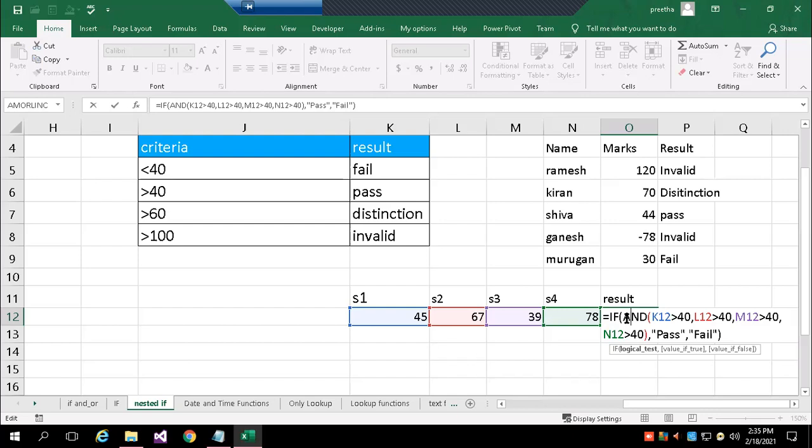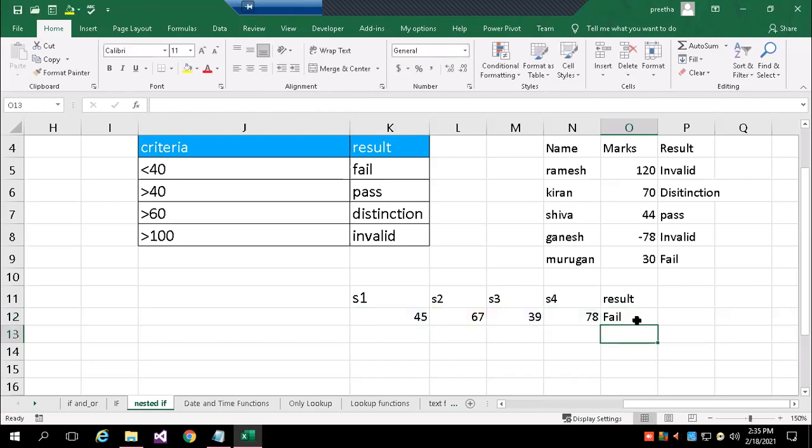So inside IF I'm using the AND function. You can write one function within another function for any kind of calculations or evaluations. In real time, this combination of one function within another function is what we'll use more. So from now onwards you have to keep practicing it. Any doubts? Okay, so here I just introduced the AND function.